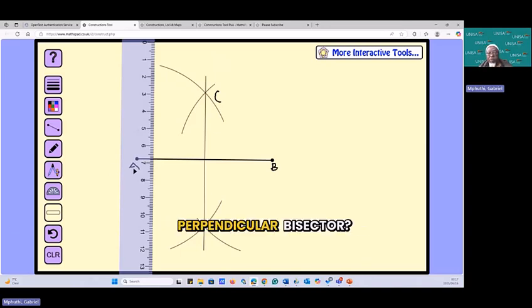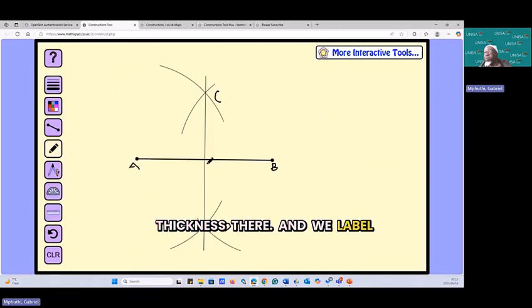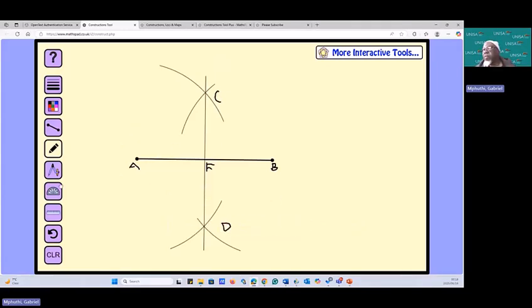So why do we call it a perpendicular bisector? Line CD is a perpendicular bisector of AB. If you look closely, you can see it cuts AB exactly in half at its midpoint. We can label the midpoint F. So now line CD cuts line segment AB at F, and it bisects line segment AB at point F,